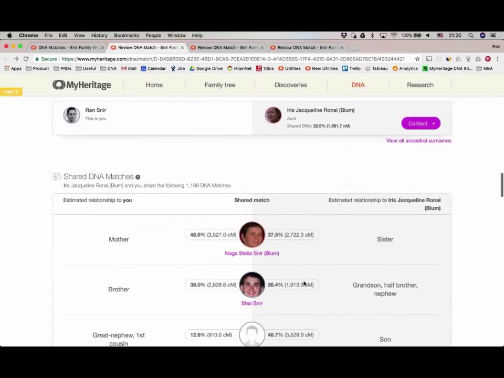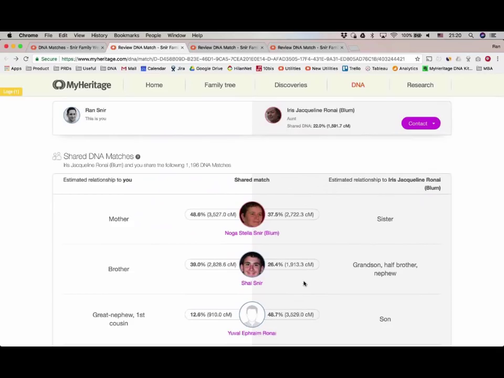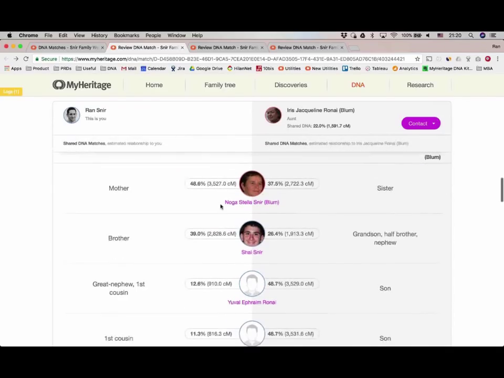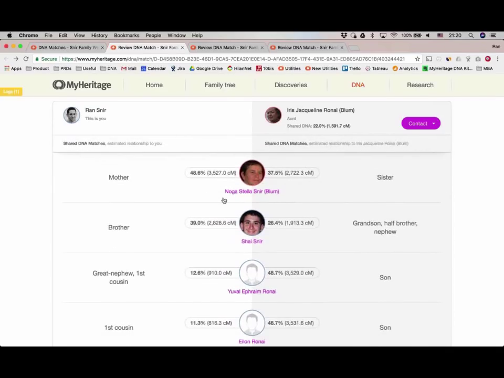Next in the list are the shared DNA matches. So I know that I'm matching Iris, and I know the details. I can always have it docked at the top so that I can see it all the time. And I can see that both of us have DNA matches in common. For example, my mom, which makes sense. I share 48% with my mom, and Iris, her sister, shares 37% with